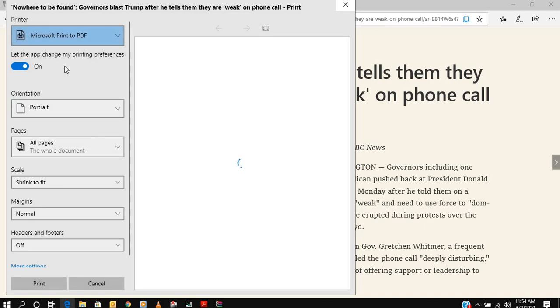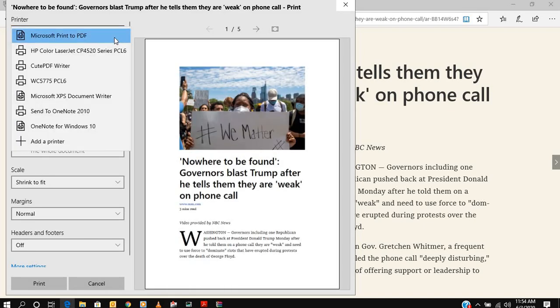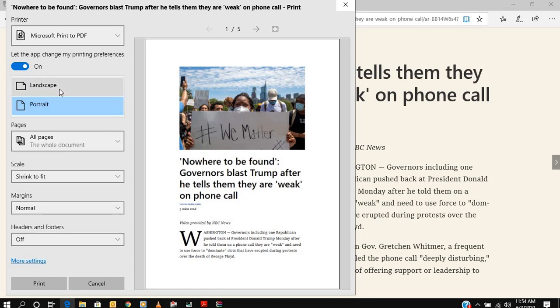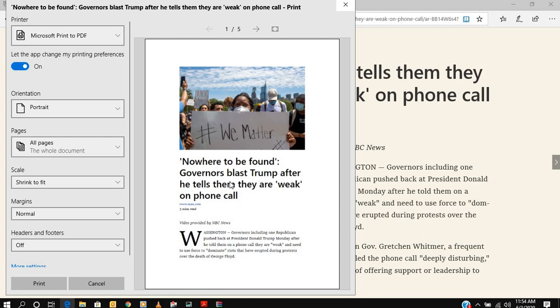If you have a printer, it's there, but the printer will take a paper print. Microsoft gives you the option Microsoft Print to PDF, which is installed by default in Windows 10. You can just click this. We will talk about the printer settings later, but about orientation: portrait is, you can say, vertical, and landscape is horizontal. Generally it's a portrait page, so we click on portrait and then click print.